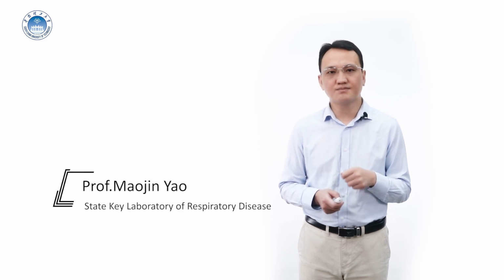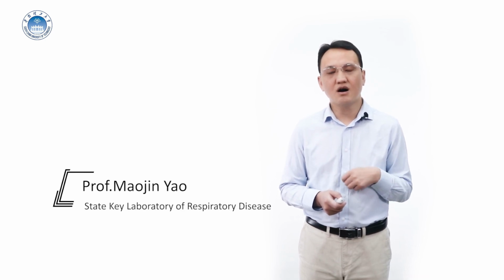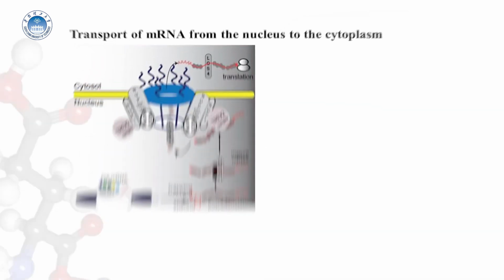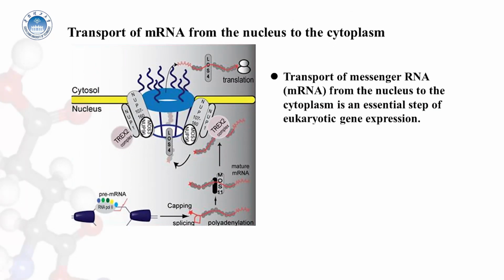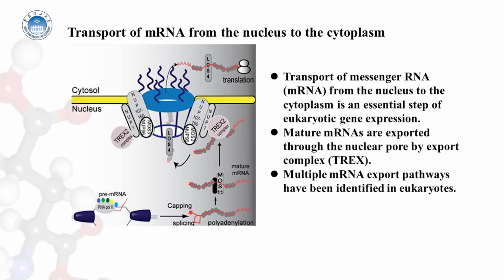The poly-A tail is important for the nuclear transport and stability of mRNA. The transport of messenger RNA from the nucleus to the cytoplasm is an essential step of eukaryotic gene expression. The mature mRNAs are recognized by their processing modifications and then exported through the nuclear pore by binding to the cap binding proteins CBP20 and CBP80, and then the